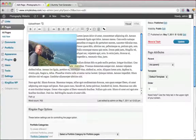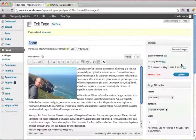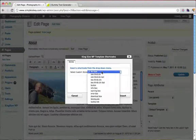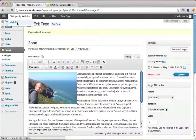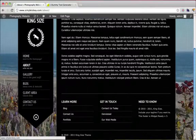So there I am, and that really is me. And click Update. And that's really, it's so easy. You can also click this button here to get in more options, and also click this button to get King Size has different options specifically for this theme, so you can click it and you can insert, you know, buttons and different things like that, so you don't have to make them. Okay, so update, and now we can go back to our page and view the page. So there I am,